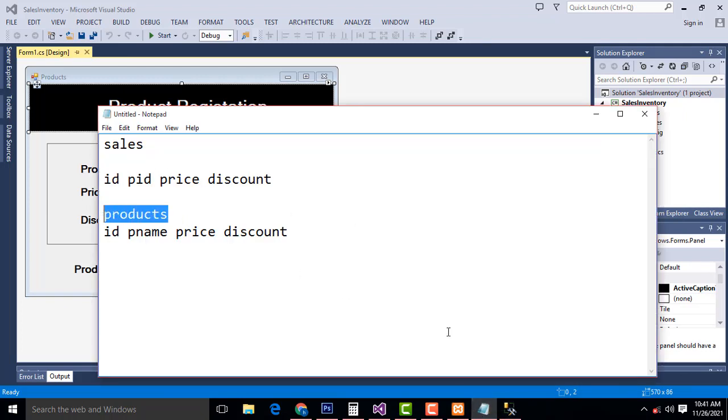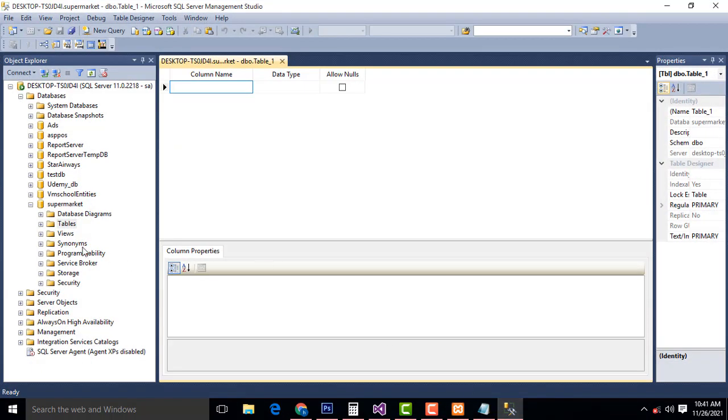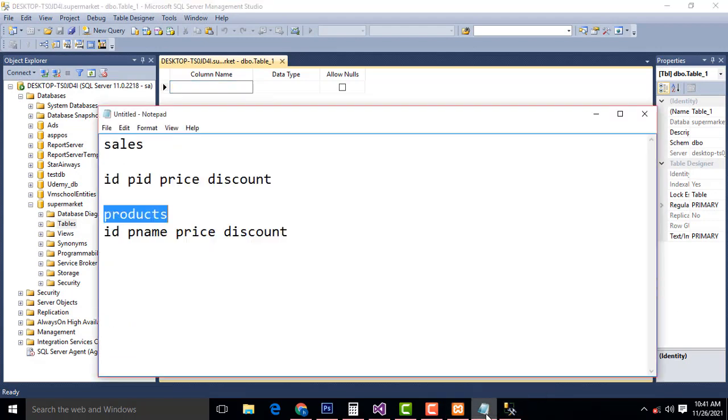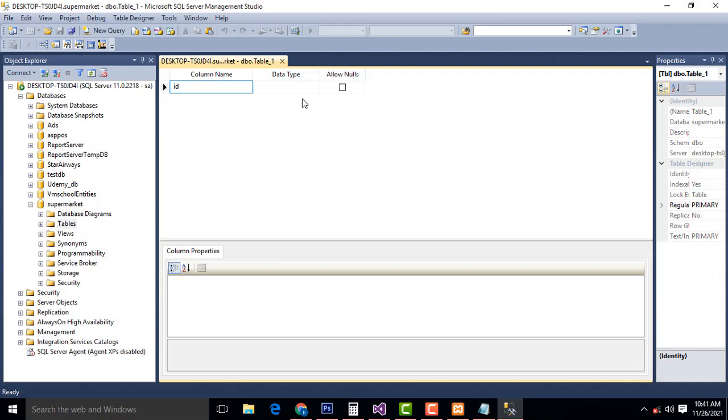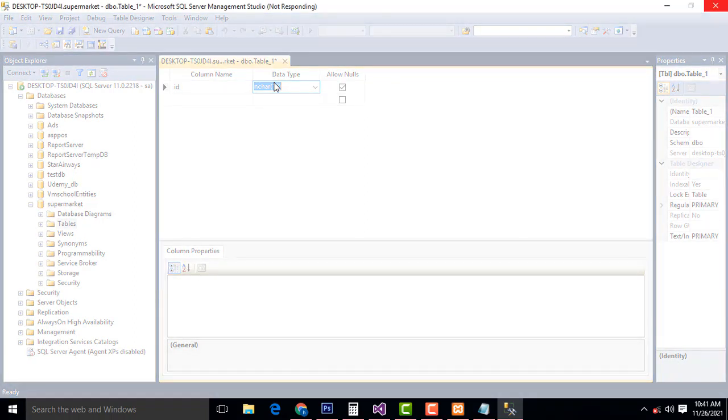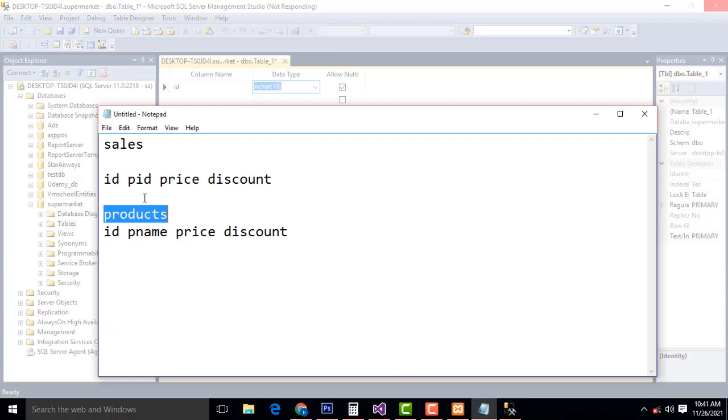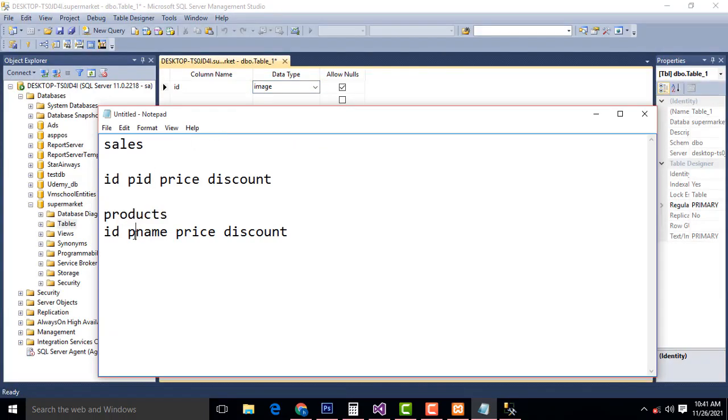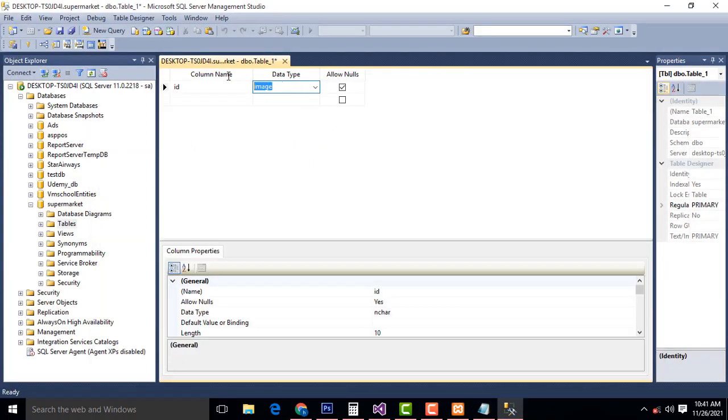So products table consists of these columns. ID, P name means product name. So you have to write P ID, and type here as int. Second one should be the product name.